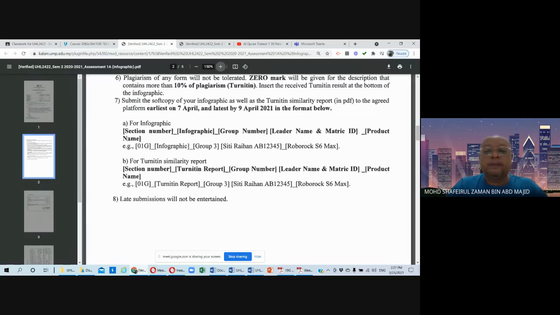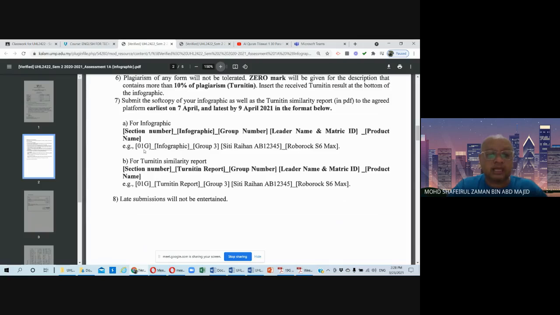You must name all of the files according to this suggested way. For the infographic: section number, underscore, the infographic, underscore, group number, and then you appoint one of you to be the leader. What is the name of your group leader? And then the matric ID, underscore, the name of the product.